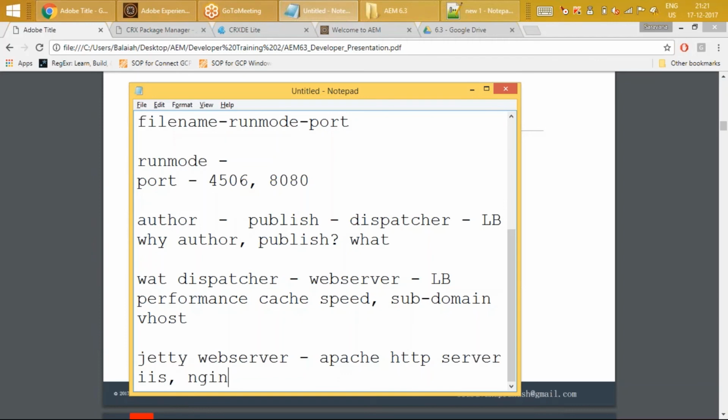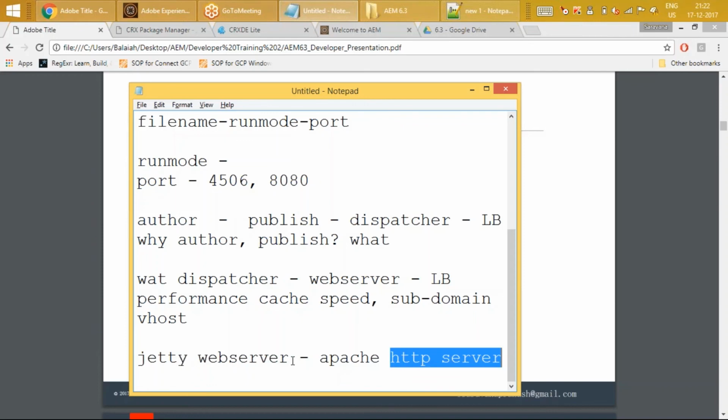These are not web servers. So thumb rule, remember something: your dispatcher is not a web server, it is only an HTTP server. Okay, there is a difference between a web server and an HTTP server. To take a stab, how do I differentiate an HTTP server from a web server?